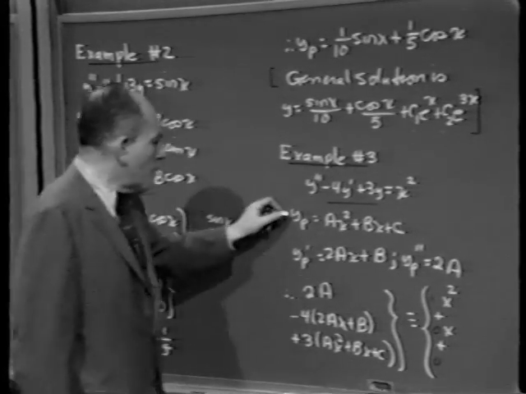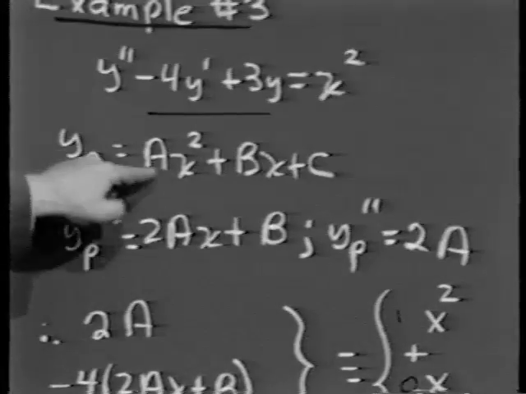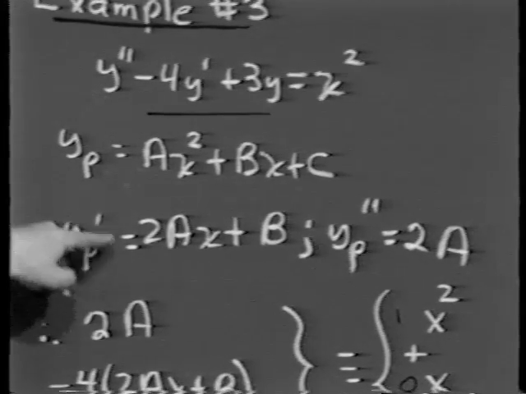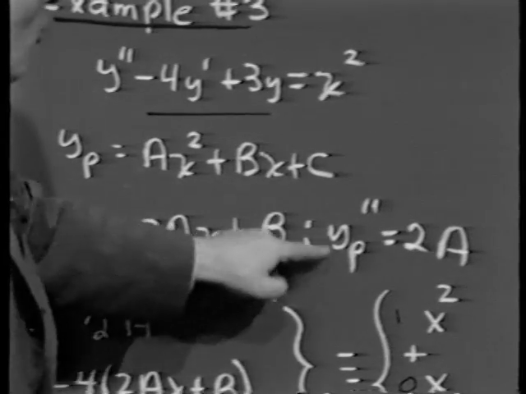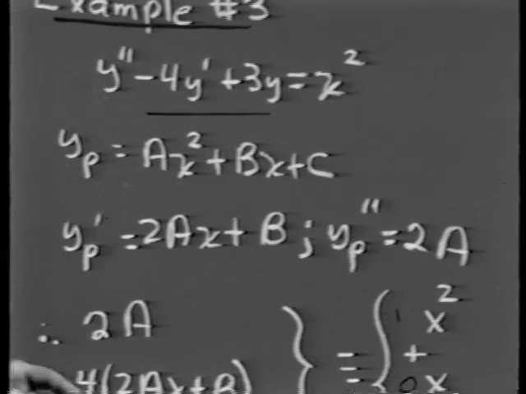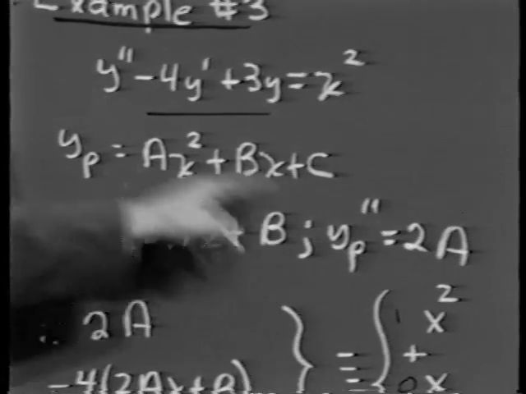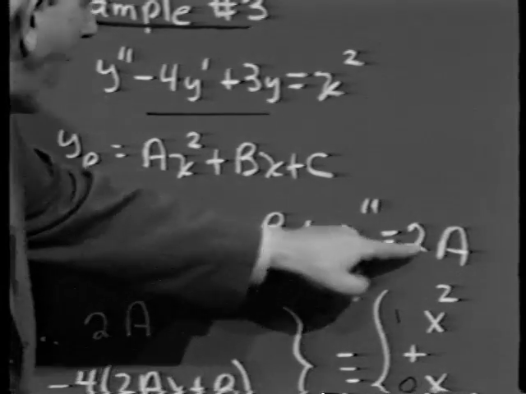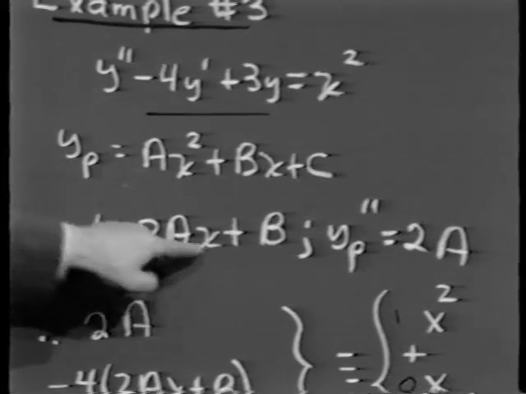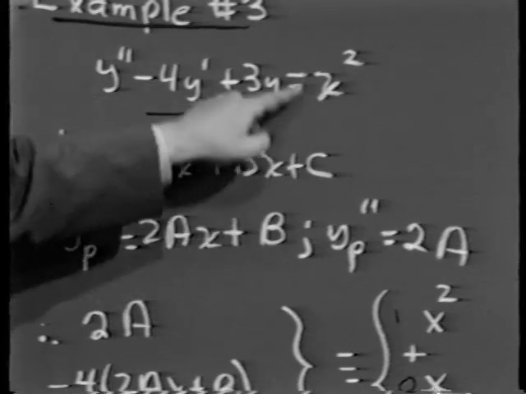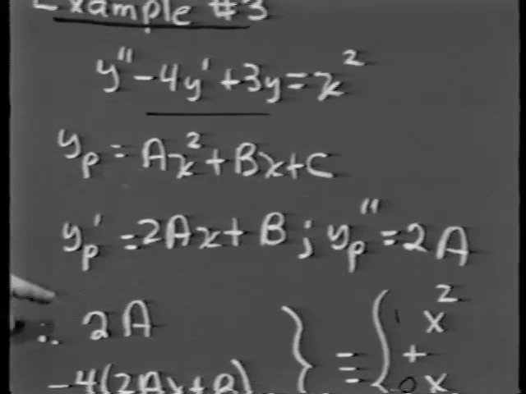But the idea is we try for a solution in the form ax squared plus bx plus c, in which case yp prime would be 2ax plus b, yp double prime would simply be 2a, and consequently, if we now replace y double prime by 2a, y prime by 2ax plus b, and y by ax squared plus bx plus c in this equation,